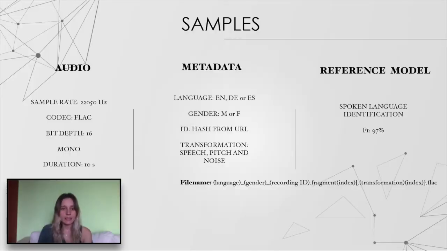So this next slide is just a brief description of each of the samples from the database. We can see that the file name specifies the language, the ID, the transformation the audio suffered before being uploaded to the Kaggle competition, the sample rate, which will be used when we extract the MFCC features, and all of this kind of information about the codification, the bit depth.